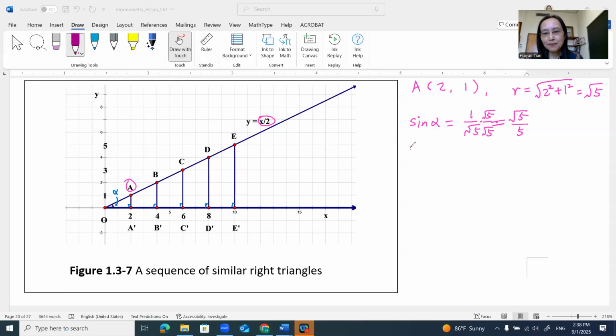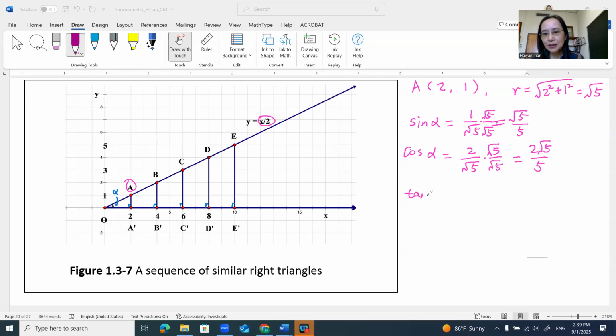Then now cosine. Cosine alpha is x over r. X is 2 over r, which is square root of 5. And then we rationalize the denominator by multiplying numerator and denominator by square root of 5. So the answer will be twice square root of 5 over 5. And then we continue, we get